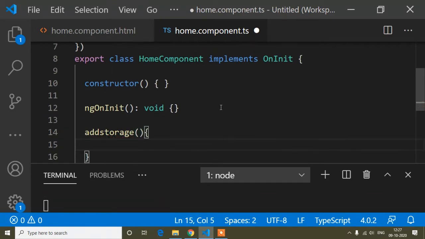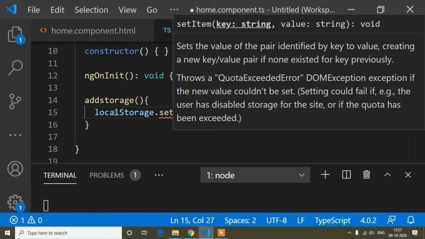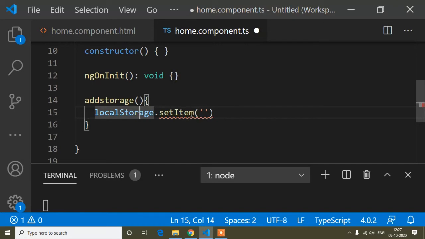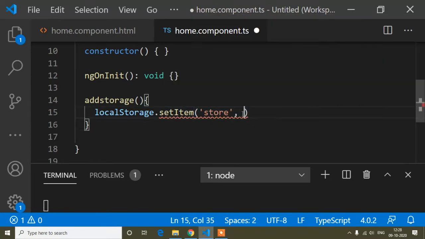When I click that button, I will write localStorage.setItem, and if you have watched my local storage video, you know that when we set any string value in local storage, we first pass a key. The key you can write as per your choice. Here I will write the key as store, and then you have to pass the value you want to show.